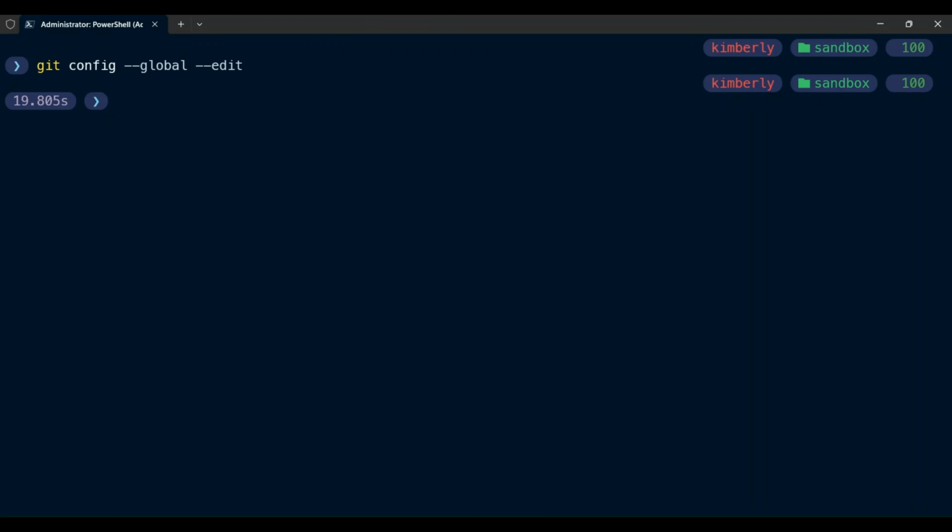In this video, we've been setting global configuration settings that will affect every project created on your machine. However, you can create project-based configurations. Setting your path to your project folder and omitting the global option will allow you to define and review configurations for each project. This command opens the global Git config file, and you can easily review all of the settings